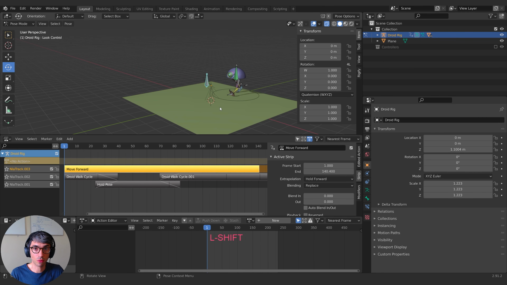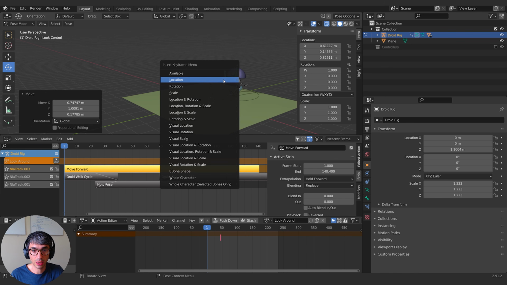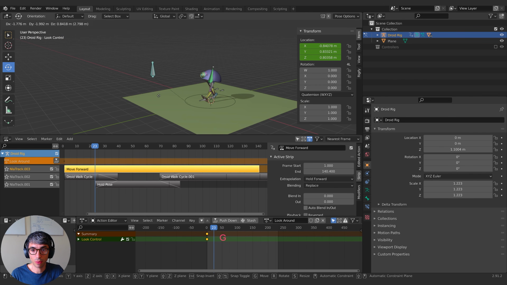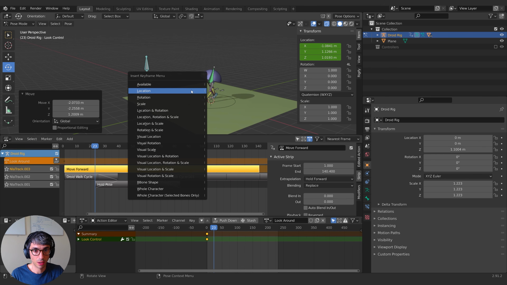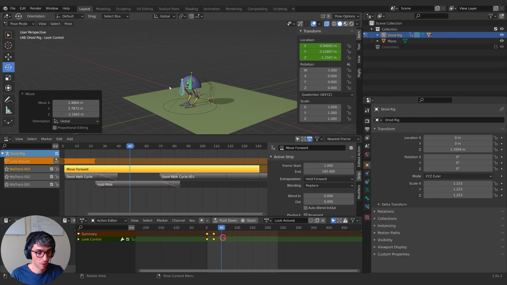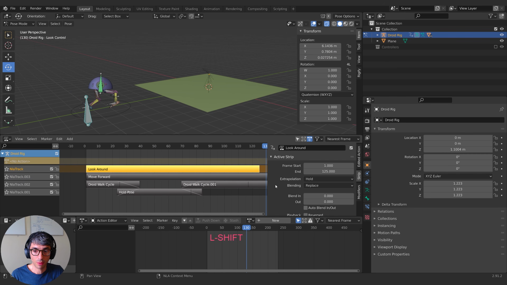Now we could use this to our advantage. So I can click new and let's create a look around action strip. And let's grab this guy and maybe bring it over here and hit I and set a keyframe there for the location. Move forward and maybe bring it over here. I, location, come forward over here. I, location. And now if I push this strip down and we make sure it's set to hold and replace,